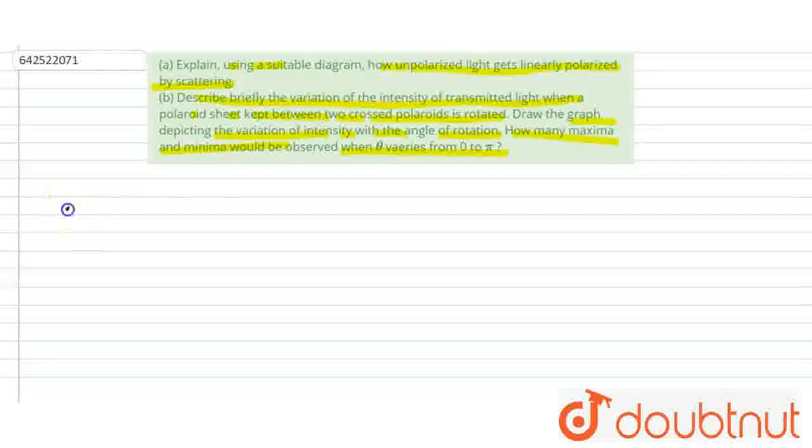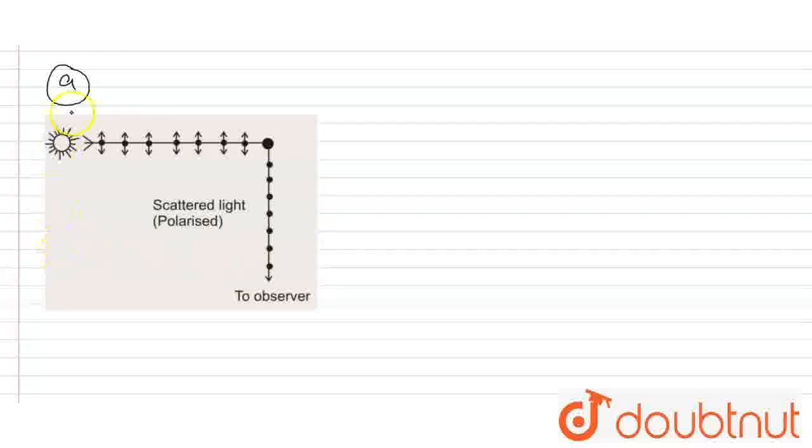So, first question. Now, this is the sun and it radiates energy which has a parallel component and a perpendicular component. When this radiation strikes the air molecules or any molecules, then the electrons in the molecules acquire components of motion under the influence of the electric field, and the accelerated